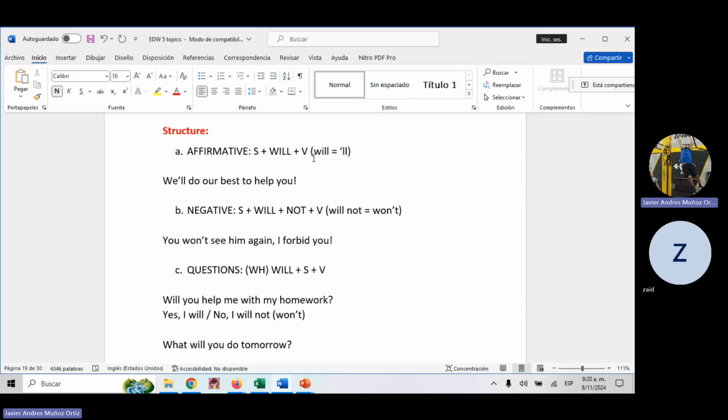So the translation of will is going to be something like trabajaré, trabajarás, trabajarán, trabajaremos, trabajará, right? So this by itself cannot be understandable. This word must be included, it must come with the main verb, right? Because if we don't use it, the meaning is not going to be understandable, right?